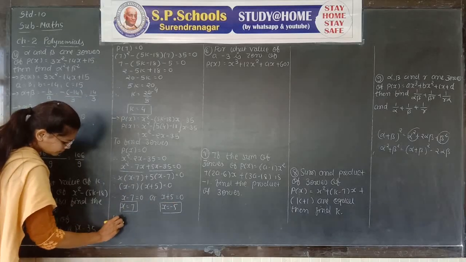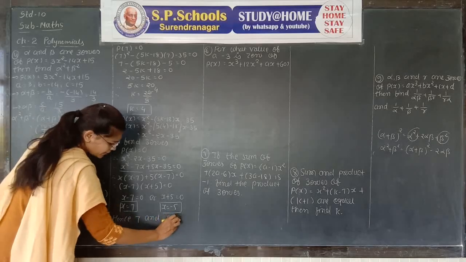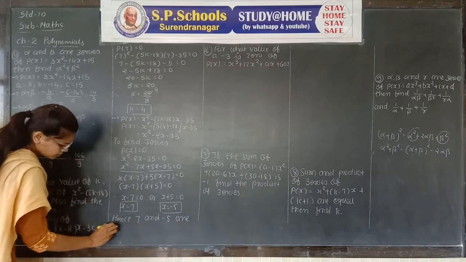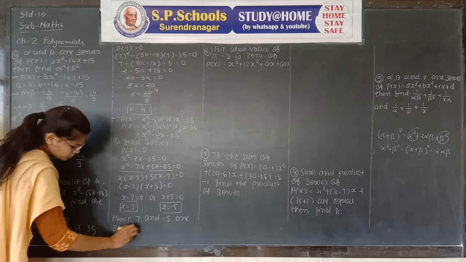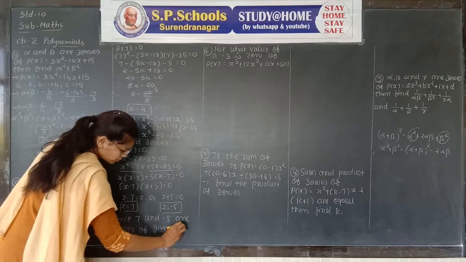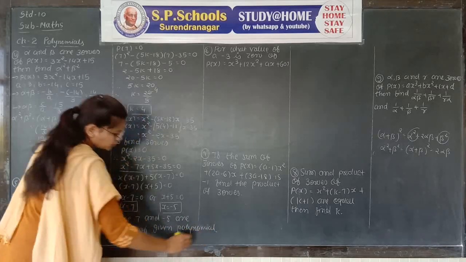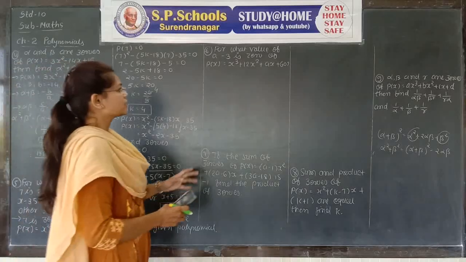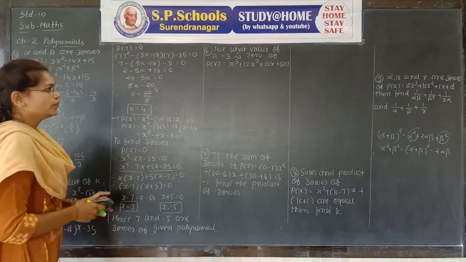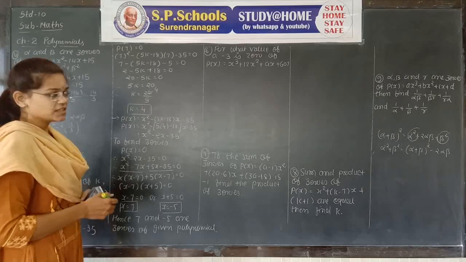Hence 7 and minus 5 are zeros of the given polynomial. Now sixth number. For what value of a is minus 3 a zero of P of x is equal to